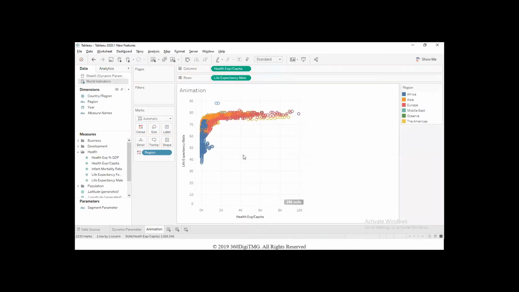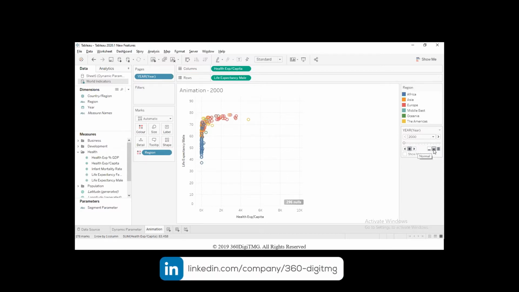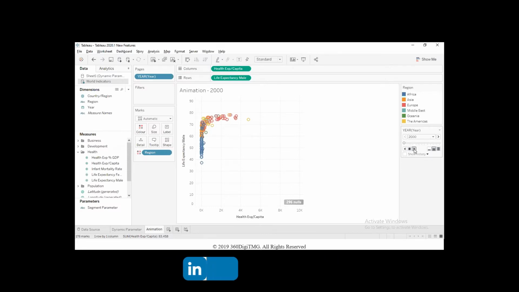And how do we transform this into an animation chart? We will do it based on year. Therefore, I'm taking the year field to the pages shelf. Once this is done, you can see that Tableau has automatically given us the page controller where we can see the data for different years. And we have the pace controllers here: play button, pause button, and pace controller, fast, medium (that is normal), and slow. When we click on this button, the animation happens, meaning we can see how we are looking at data for different years, right? This is the chart that we are quite familiar with, the custom animation chart that we create in Tableau.